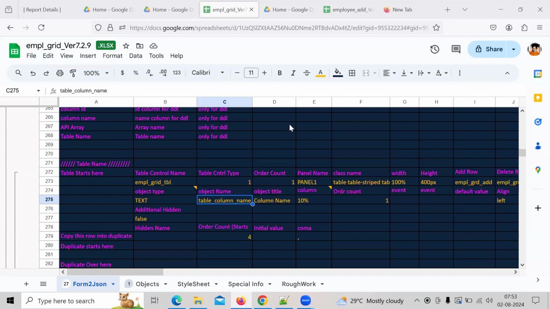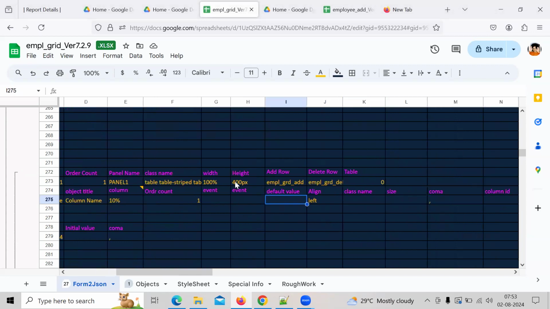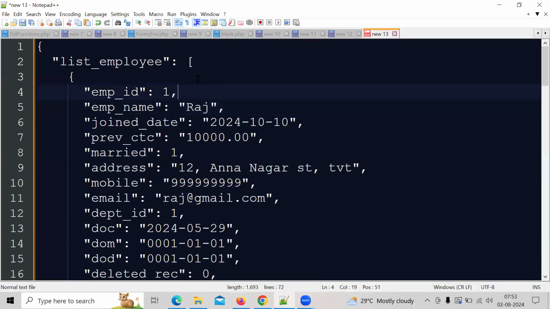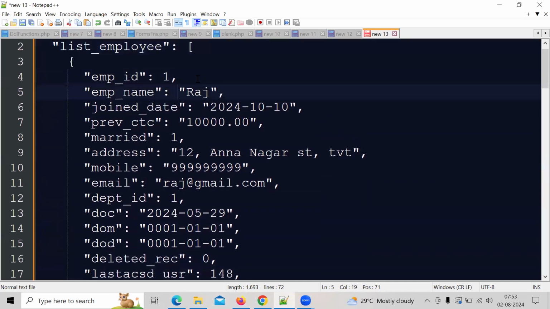So basic information already given. Okay, all the basic information covered. Now the next step is creating the columns of the grid. To know the columns of the grid, we need to check what columns are available, so that we can go here and have the list of details, and from there we will select the column. In the table, there could be many columns, but specifically we will prioritize what columns need